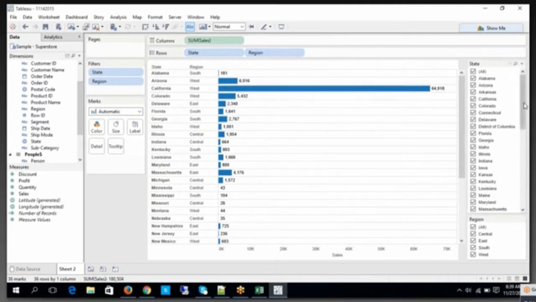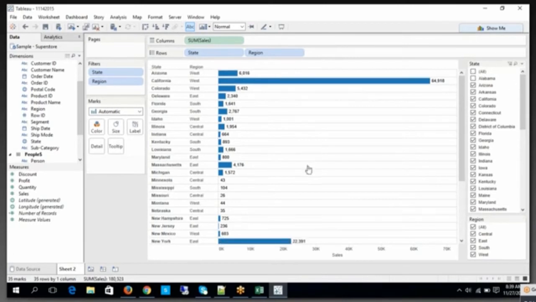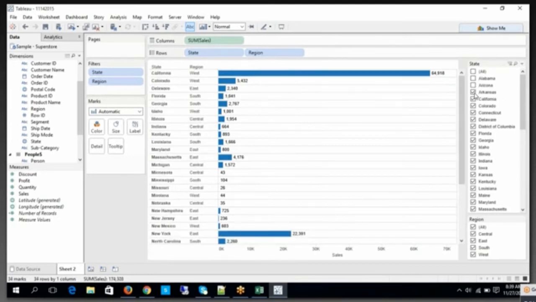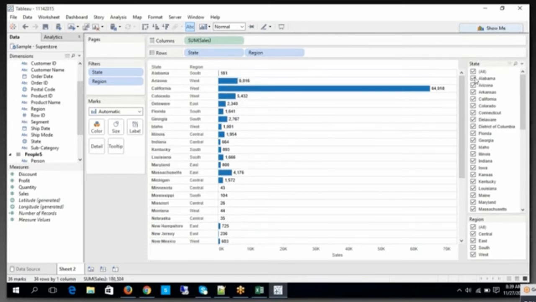See. Okay? Fine. Now, let me put it this way, guys. When I select Alabama, what is happening? Except that particular value, the rest of the values are coming into the picture, isn't it? Isn't it, guys?